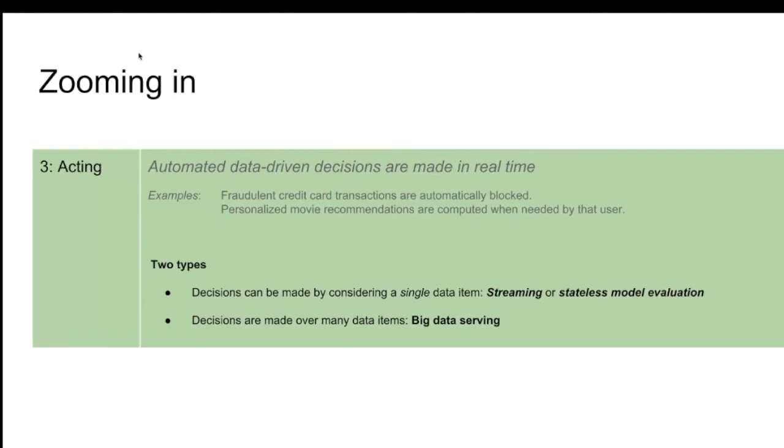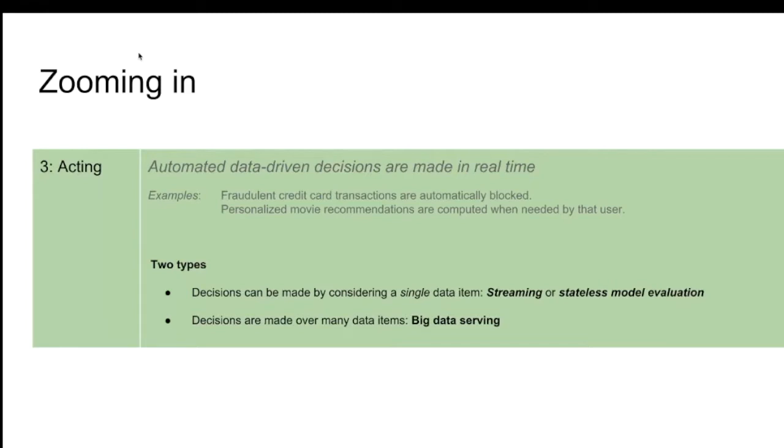where you act on a single data item at a time. So you have some machine learning model typically, and you look at one data item and you want to make a decision. That's either streaming, if it's a stream of updates or whatever, or it's what we call stateless model evaluation, if there's a user making some requests, translating to you want to evaluate some machine learning model, right? That's not what Vespa is for.